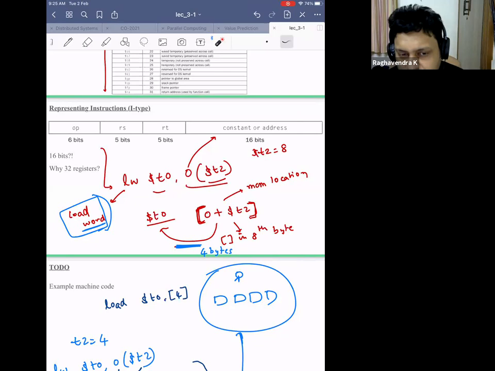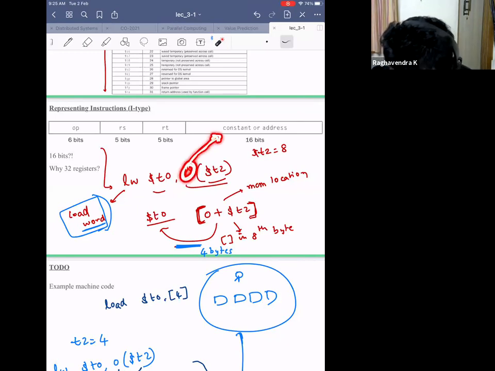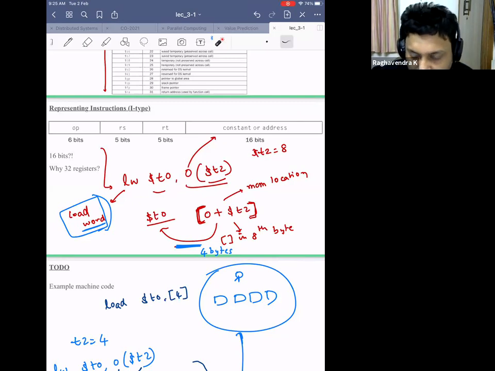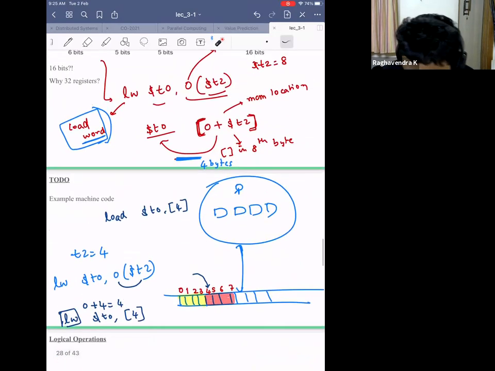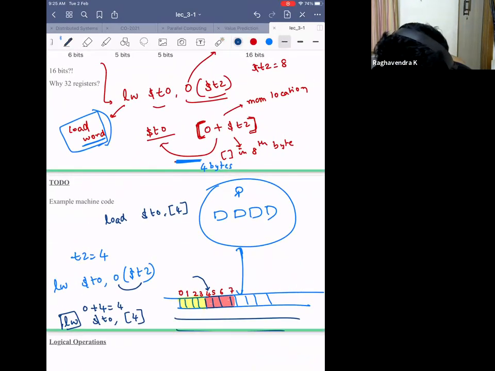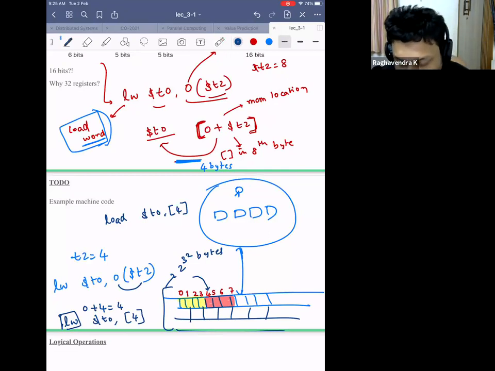So how do I resolve this problem? Did you understand the question? See, what I'm saying here is it is 16 bits. This is what is guiding what I fetch from. I can generate 2 power 16 addresses, which means that I can access 2 power 16 bytes. All right. But how many bytes do I have here? I have 2 power 32 bytes. So this entire capacity is 2 power 32 bytes. Each byte is addressable.